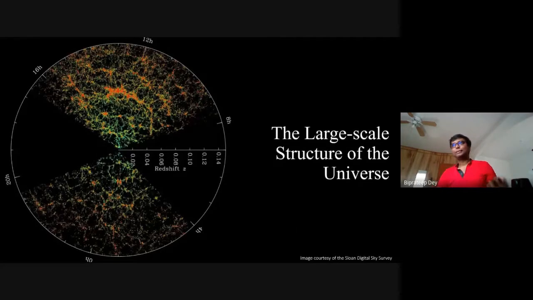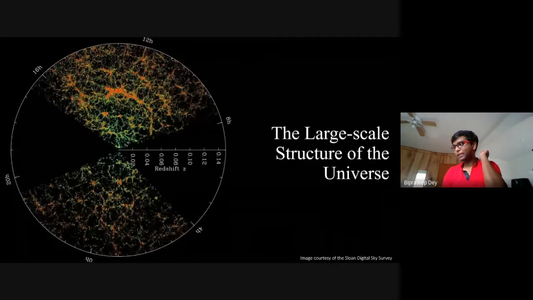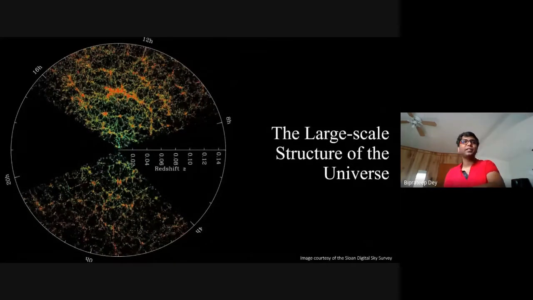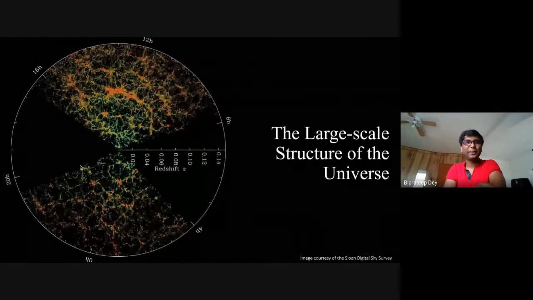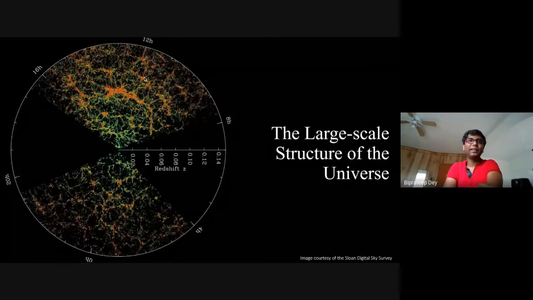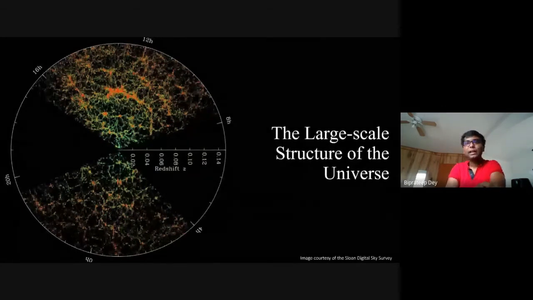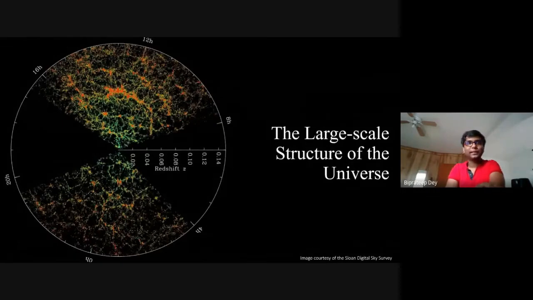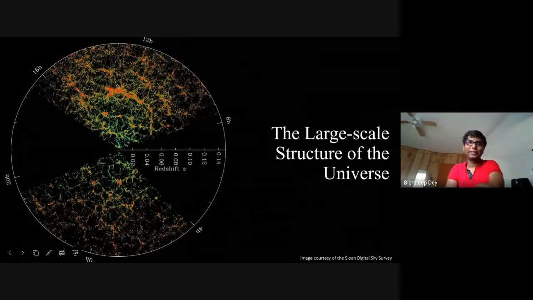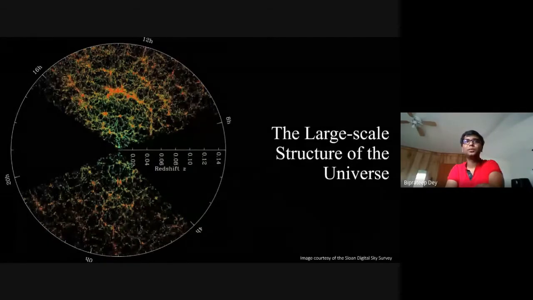Again, as I said, when you have this map of the universe, we can just plot it out in three-dimensional space. And as shown in this picture, each dot in this picture is the location of a galaxy as seen by the Sloan Digital Sky Survey. The circular region, the circular axis corresponds to